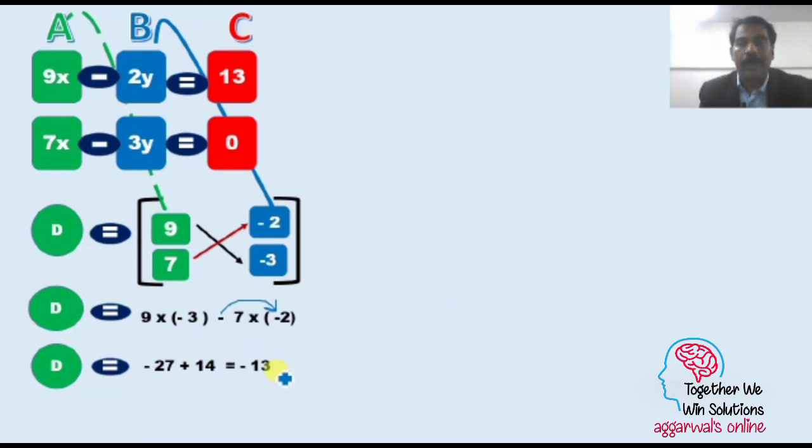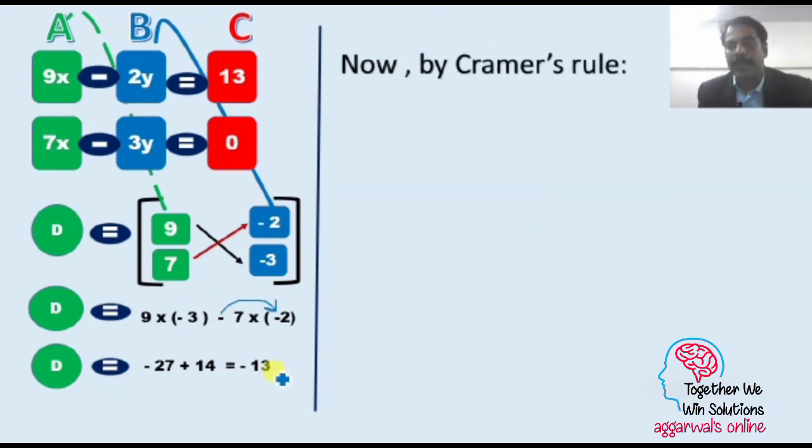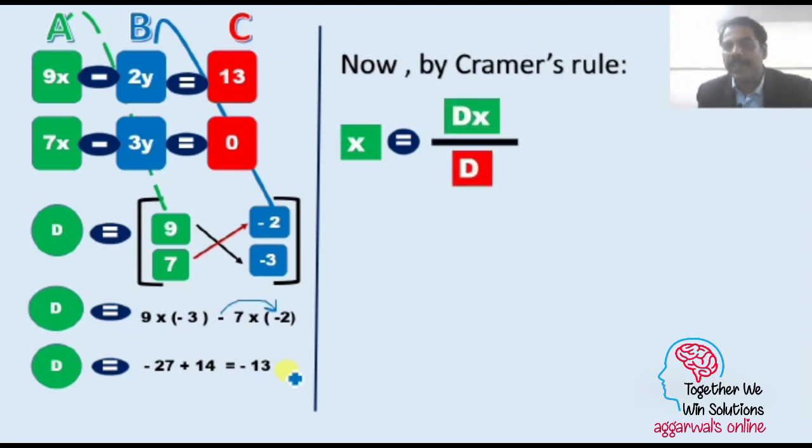Students, now we have to find the values of X and Y. This method has given us the determinant of X, the determinant of Y, and the value of the constant determinant. Now we have to find X and Y. That is the basic question. Now as per Cramer's rule, if you have to find X, what will we do? We'll write dx in the numerator and divide by the constant determinant, that is dx by d. If you see it logically, if you cancel d and d, what will happen? This d and d will get cancelled. So X will remain. That is the logic behind it.